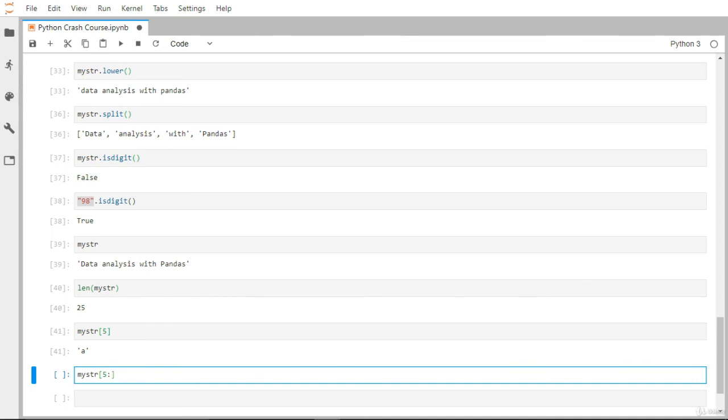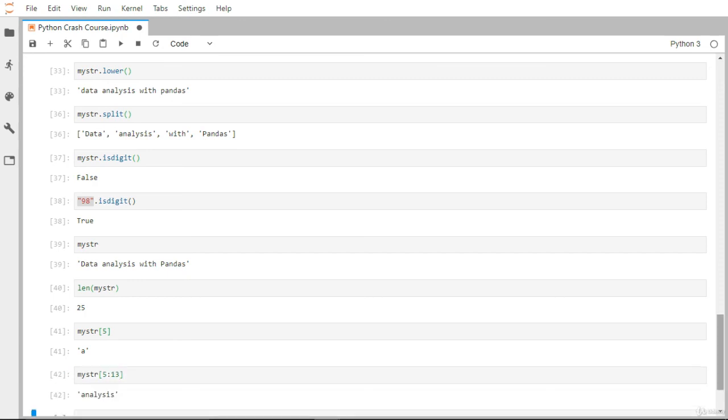But I do not write 12, because in that case 12 won't be included; the upper bound is always excluded, so I have to keep 13. Indexing starts from 0, so the index 5 is basically the sixth character. From index 5 to 12, it will return it.